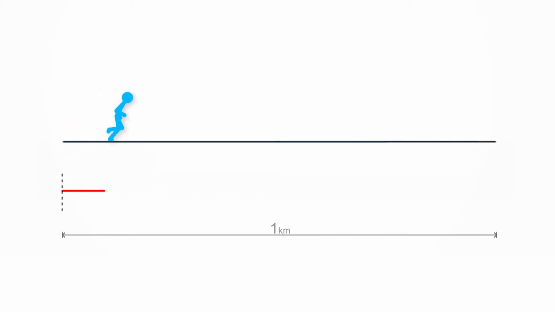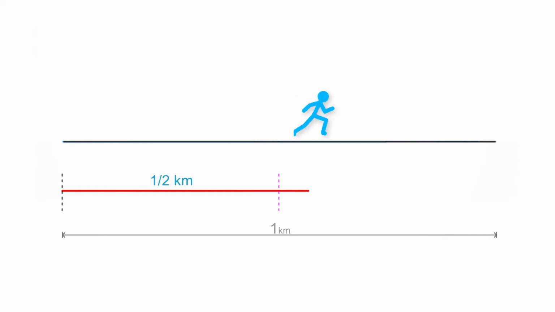Zeno of Elea was a great philosopher and mathematician of the 5th century BCE. One of the paradoxes suggested by Zeno is as follows. A runner wants to run a certain distance, for example 1 kilometer. In order to reach his destination, he has to cross the midpoint at a distance of half kilometer. That is, first he has to cover a distance of half kilometer. To cover the remaining half kilometer, he has to first cover its half distance, which is 1/4 kilometer. The remaining 1/4 kilometer can be covered only by covering its half distance, which is 1/8